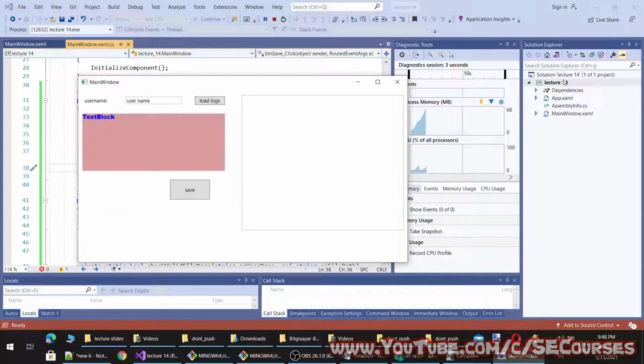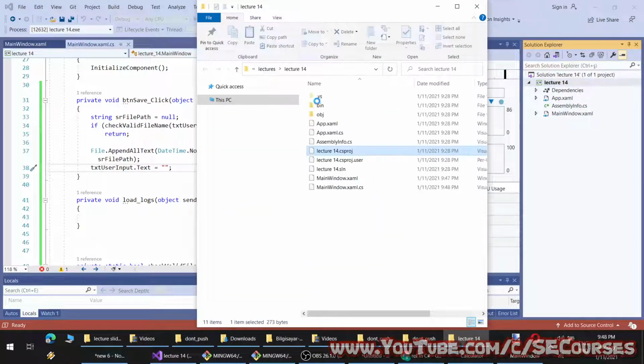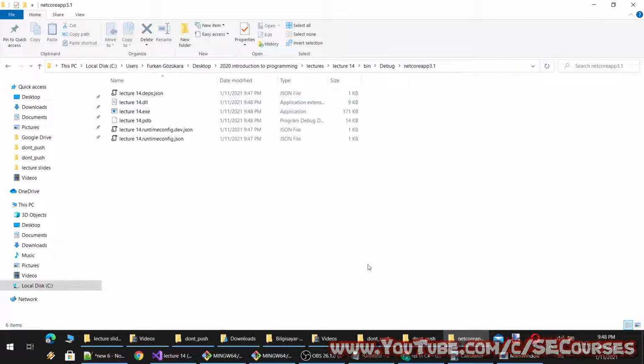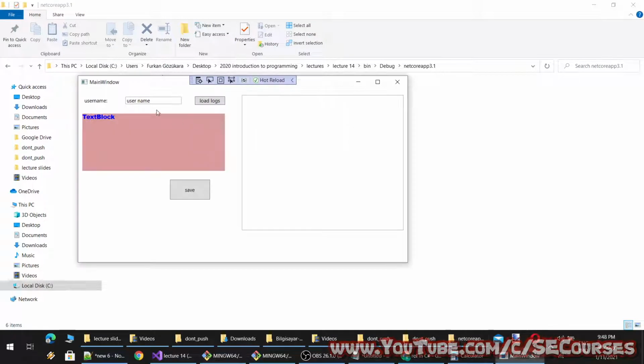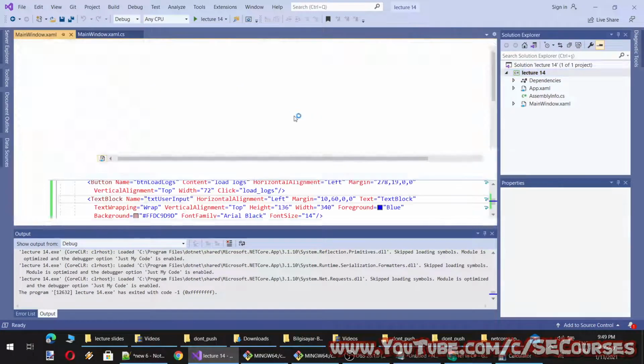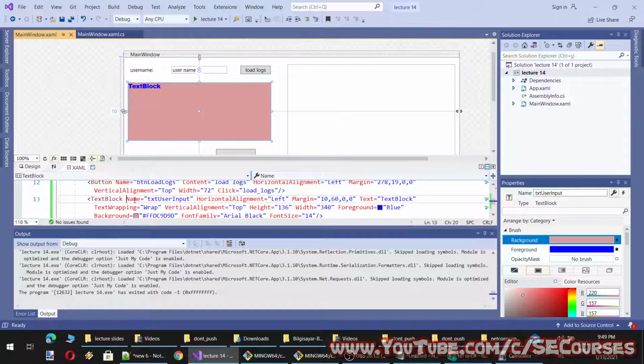Okay, first I will start with a valid username, and then I will enter invalid usernames, invalid characters in a path. So when you save a file to a computer, on Windows, there are certain characters that you can use or not. Okay, so let's say username Furkan, and okay, you see currently I am not able to edit this text block because text block is more likely designed to display text as a block rather than editing text. So to fix that, let's make it not read only.